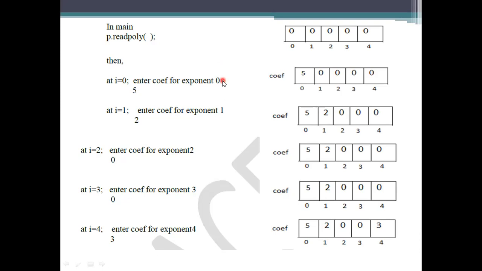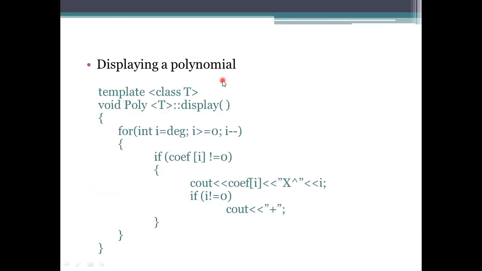If we want to display a coefficient, what we need to do here is take it from highest degree to lowest degree. While we are storing, we store from lowest to highest. But while writing or reading, we need to take the reverse of that. That is, highest to lowest has to be specified.